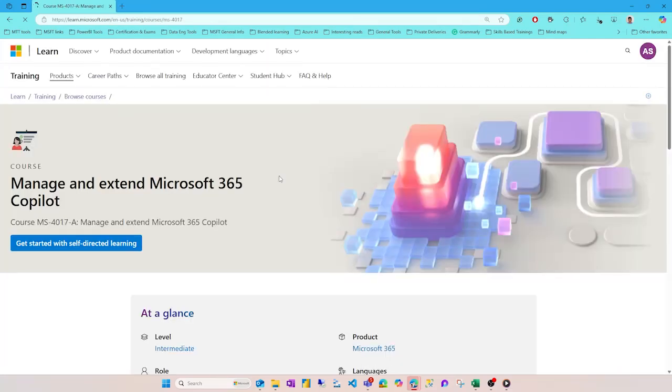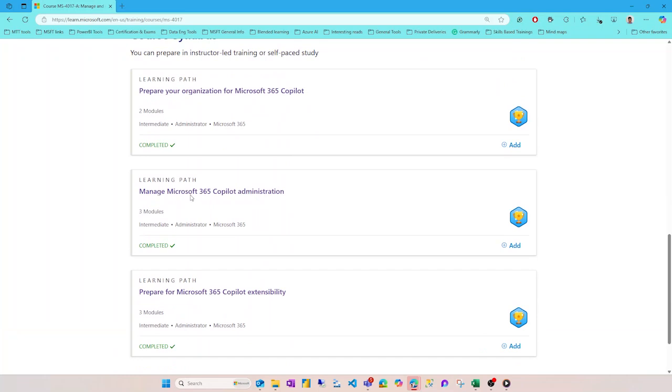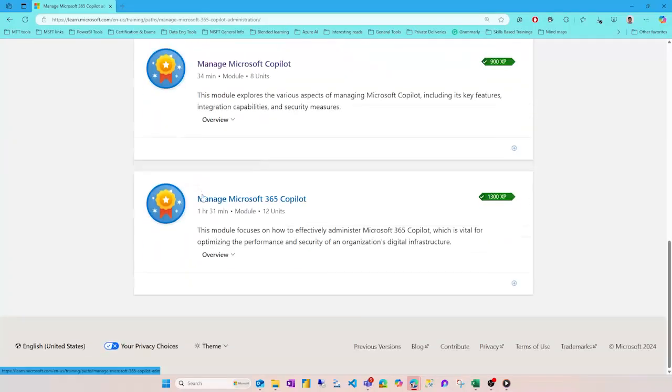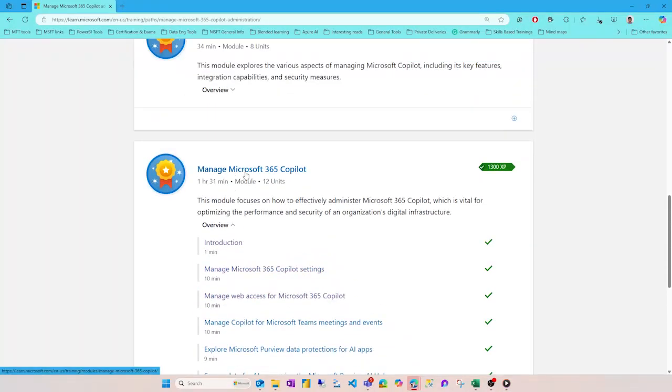Click on that link. And all the simulations are going to be in the second learning path, the Manage Microsoft 365 Copilot Administration learning path. And then you're going to go to the last module to find all the simulations.